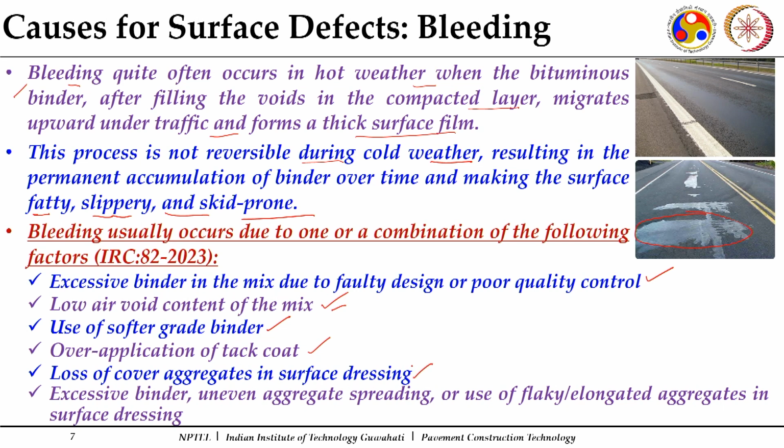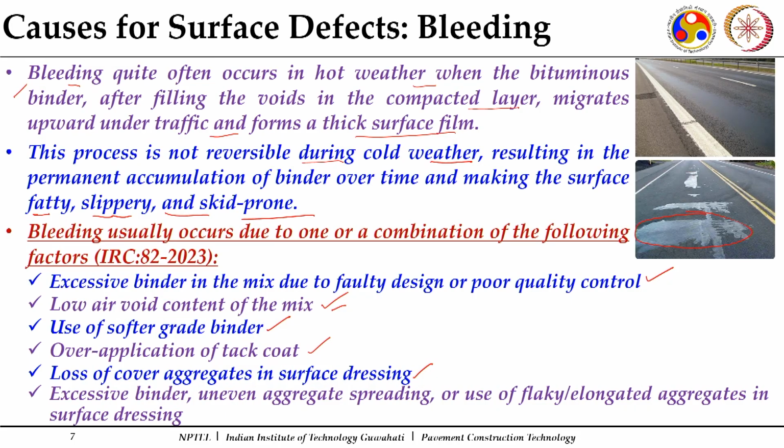Loss of cover aggregates in case of surface dressing: as we discussed when we talked about surface dressing, a bituminous film is to be applied, and thereafter we go for the application of the key aggregates. So, an adequate quantity of bitumen is to be applied, and then the key aggregates need to be embedded inside it. If an excess quantity of bitumen is there, then this will have the distress of bleeding. So, this is a